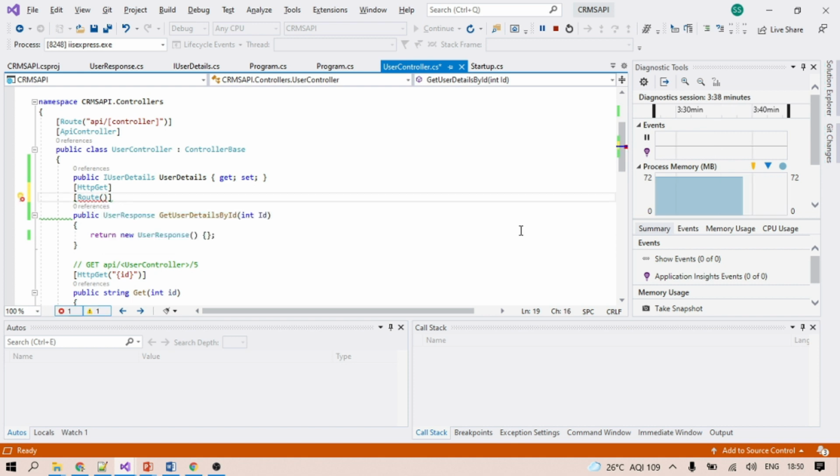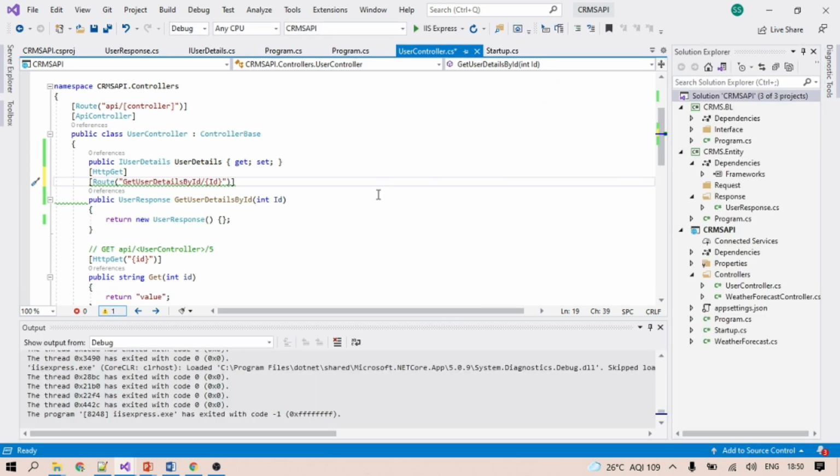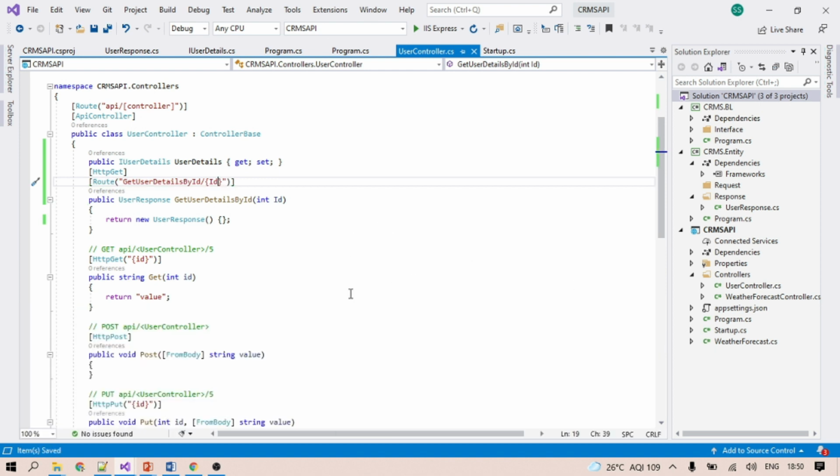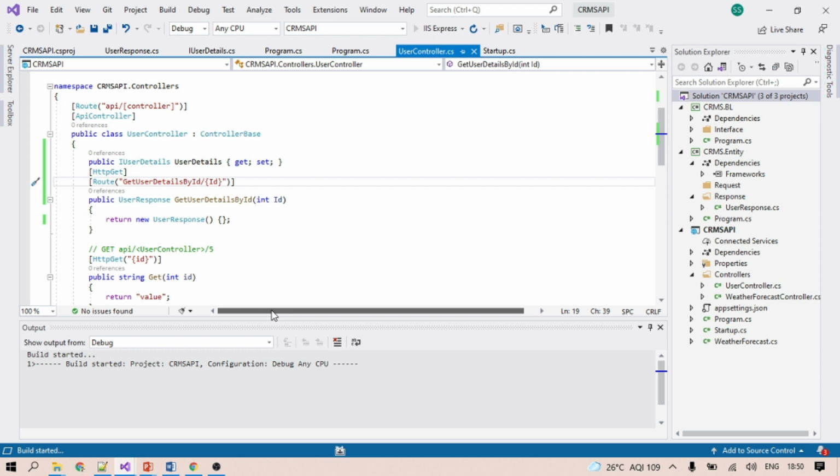Sometimes if it is passing a string, we can also pass it here as a parameter. So we put the route, and hopefully this time we will get the actual name of the action method inside the controller. Let's see.